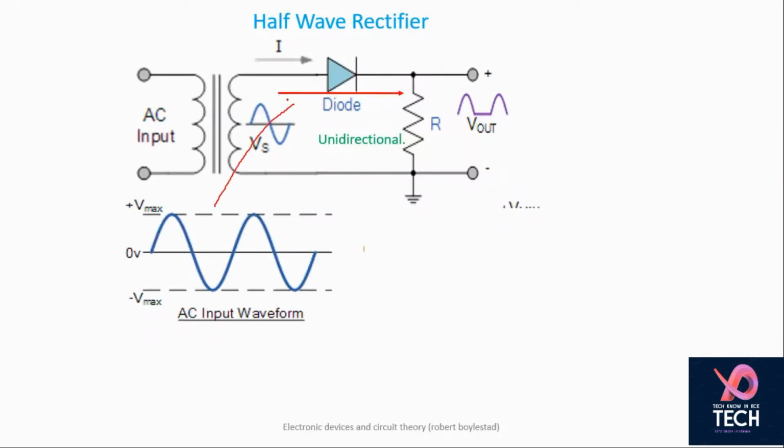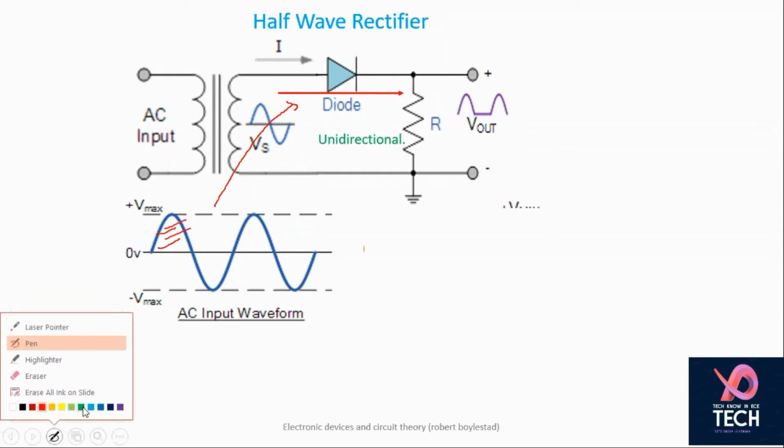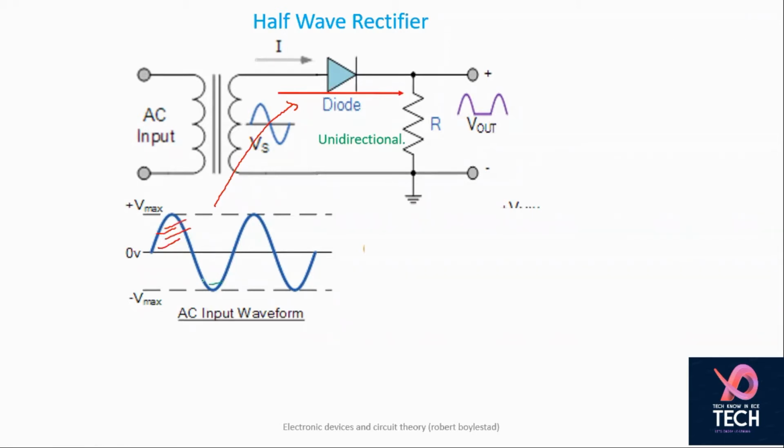You apply an AC signal to this diode. As we know, the diode only conducts when it is forward biased. That means when the potential applied at the P type is more as compared to the potential applied on the N side, then your diode actually conducts. So what does it mean? What is positive? Positive is this cycle. I'm marking it as red, while this cycle is negative, and I am marking it as green.